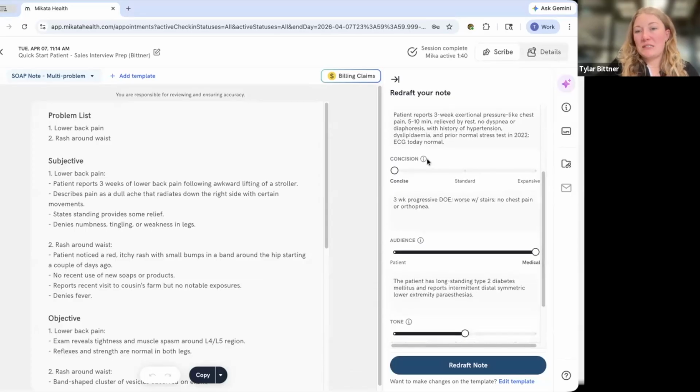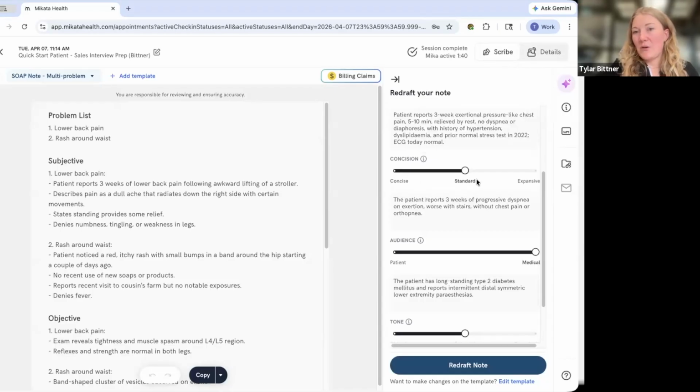Moving down to concision. If I had to describe concision, I would say it is how the note is written. So if you wanted it to be as succinct as possible with abbreviations and shorthand, or as expansive as possible. In this example here, we can see that "weak" and "with" are shorthand, to be short and sweet.